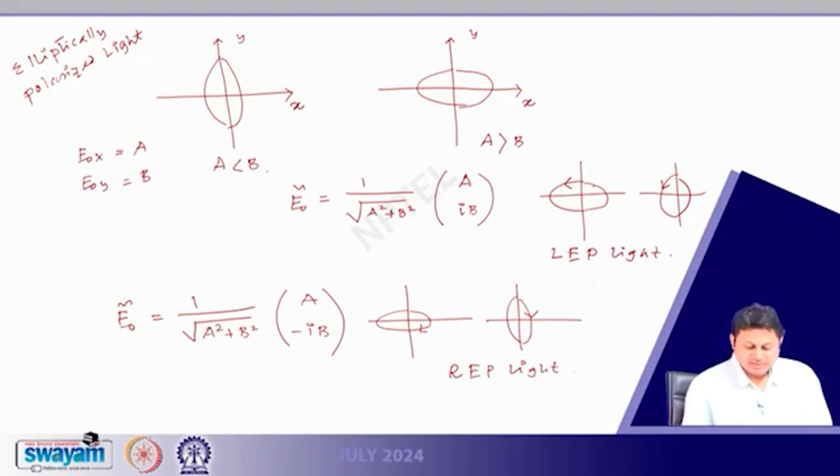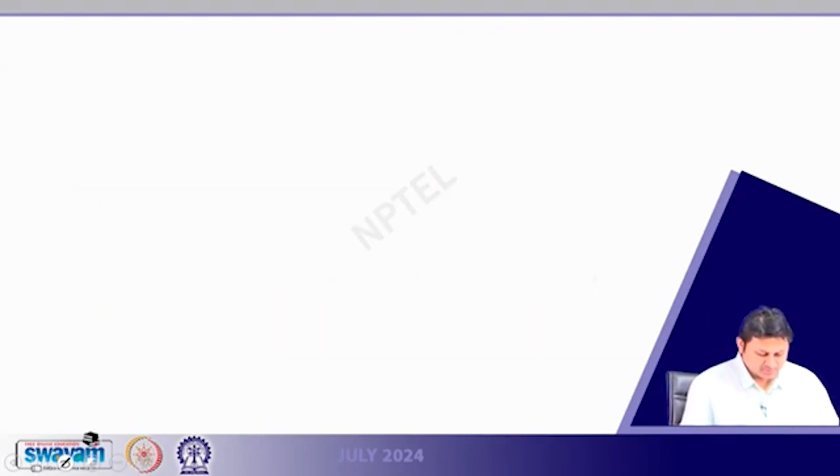That is when the major axis and the minor axis coincide with x and y axis. A more general condition can be figured out,